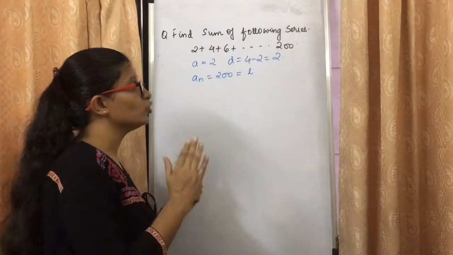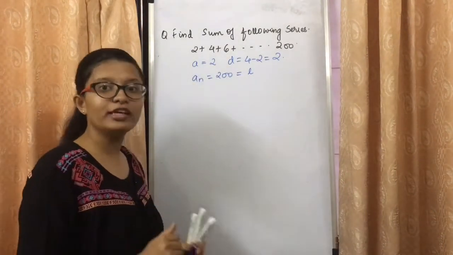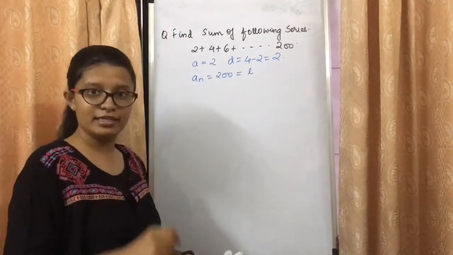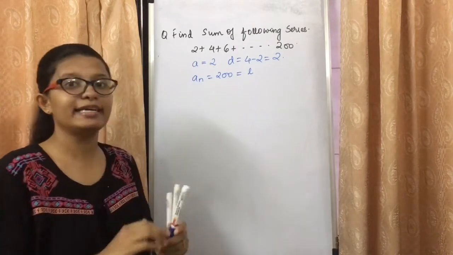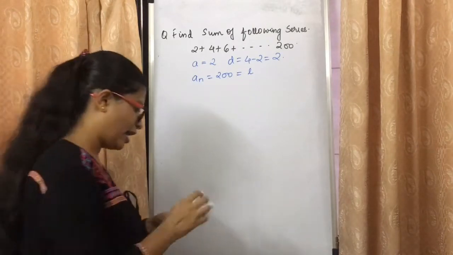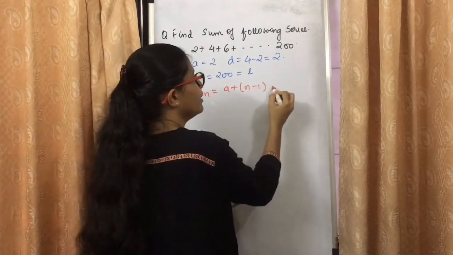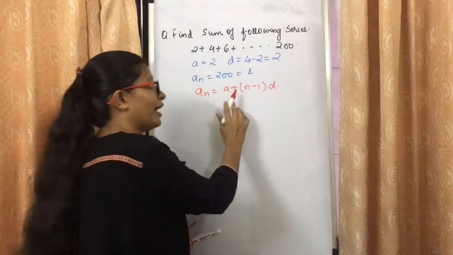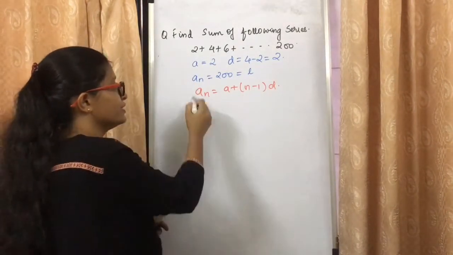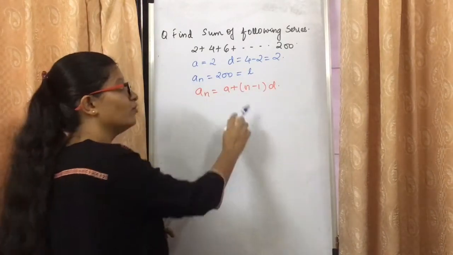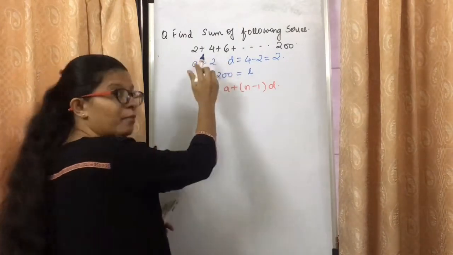But अभी तक जो हमने दो sums देखे उसमें n दिया हुआ था. Here we don't know how many terms actually we have. We have the last term of the AP, but we don't know how many terms we have in the series. So how to calculate? Again, by using the same formula, we know an is equal to a plus n minus 1 into d. Are we having an? We are having a. We are having d. Only unknown will be n. So, by using this nth term formula, we can find n, and this n we can substitute in the Sn formula to get the sum of the series.